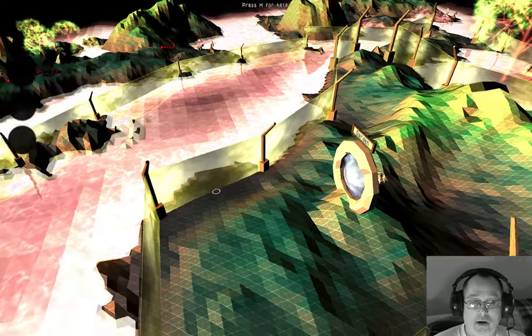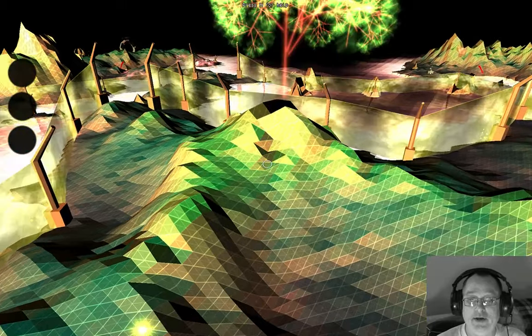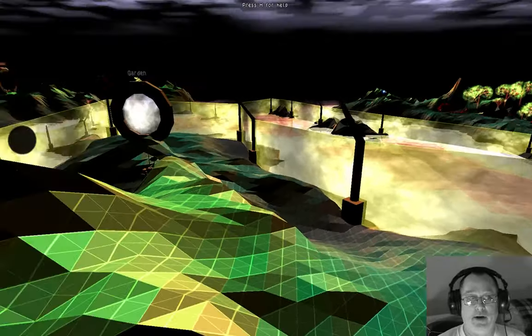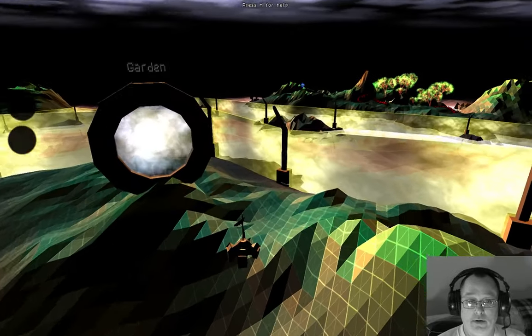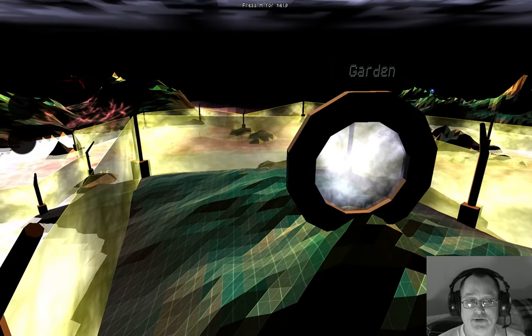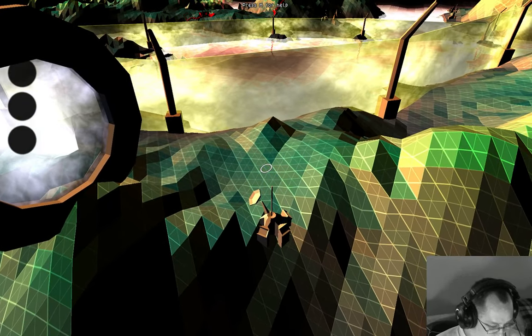So here we are. Here's a portal to the garden. Here looks like a large tree. The tree of digital life, if you will. And then we have the control tower number 1, which is located just outside of the portal for the garden. So let's take a look at our...